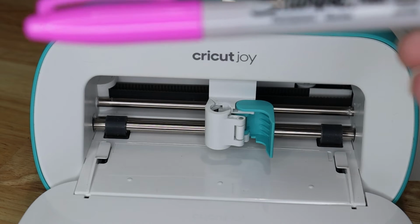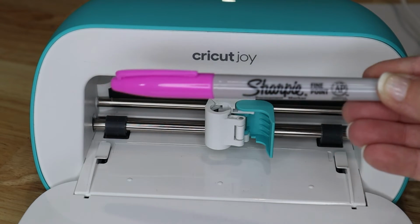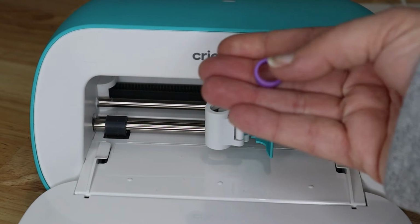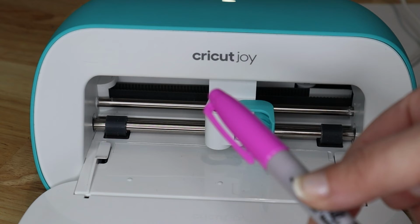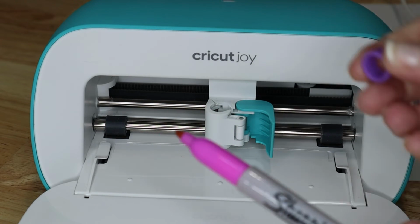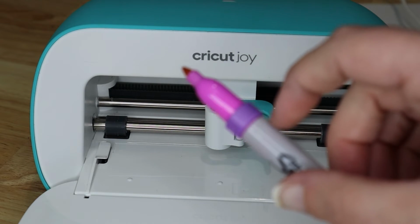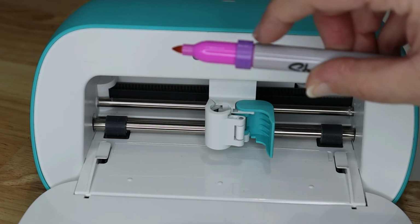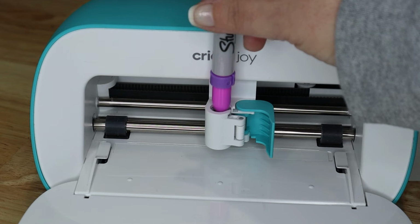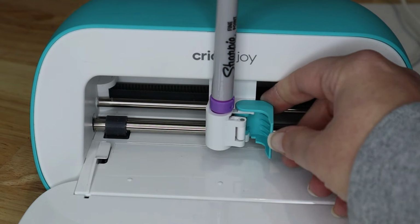So the first pen I'm going to use is our Sharpie. This is just the regular fine point. And for that one, we need this really small purple one. So what you'll do is you're going to remove the cap from your Sharpie, and then you're going to take the little ring and place it over it till it hits the little lip here. There's a little lip right where the color ends. Then what you want to do is very carefully insert your Sharpie. Now this one is a little bit tighter than the other pens, but you'll insert that in